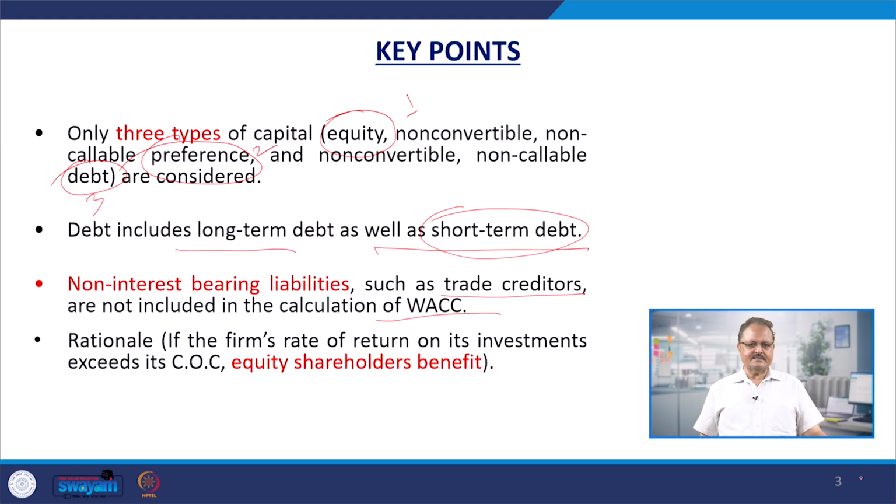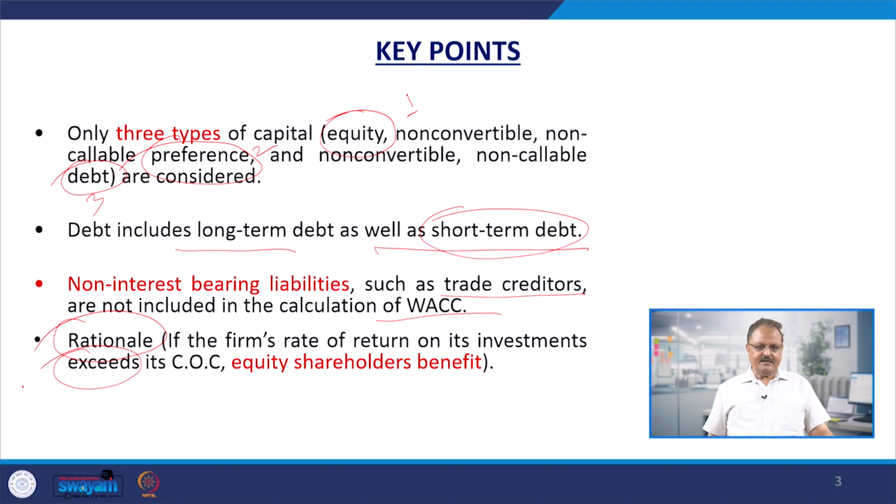The rationale is that if the firm's rate of return on investment exceeds its cost of capital, equity shareholders benefit. This is the rationale of calculating the cost of capital. The minimum criterion is that the rate of return available from the investment has to be equal to the cost of capital, because then you are able to recover the cost of your investment, so you are happy with that. Normally it should be equal, but if it exceeds it,